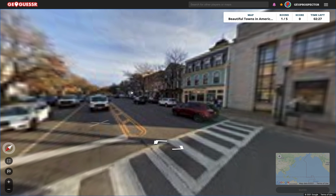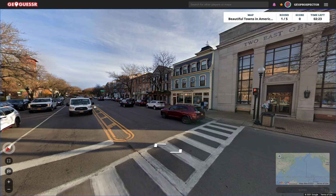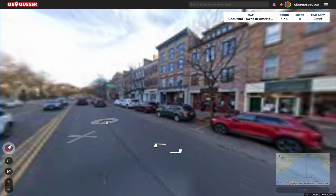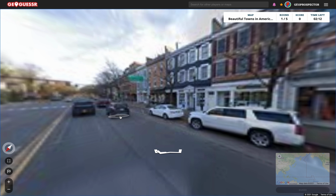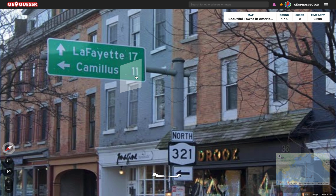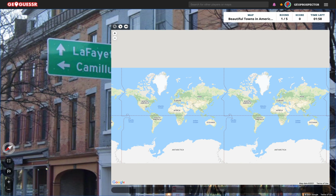There is something on this grand old building that would be interesting to... Yeah, okay, just the address then. And we've got some sign here, so let's see. What does this say? Lafayette. Lafayette North 321. I wonder if Lafayette...